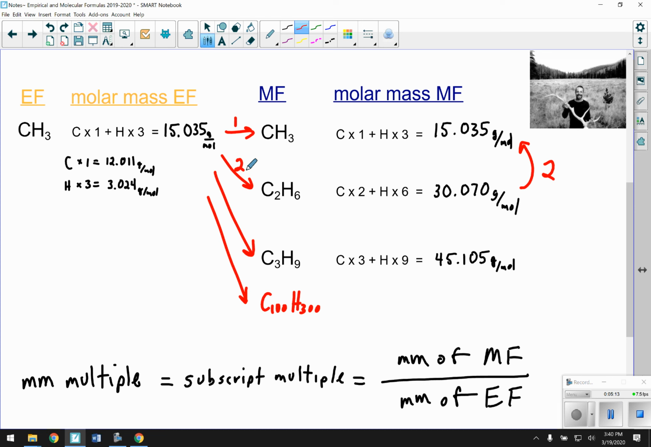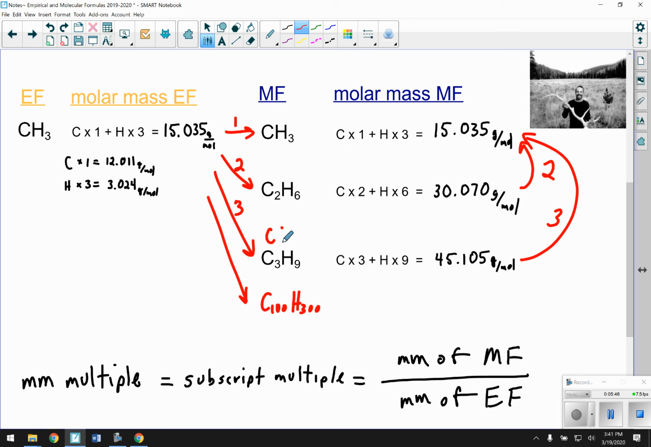Let's look at C3H9. Well, that's 3 times carbon, 9 times hydrogen, which would add up to 45.105 total molar mass. And if you compare this to that 15.035 grams per mole, the molar mass of the empirical formula, well, that is 3 times the molar mass. And that makes sense, because we can see that the molecular formula was 3 times,